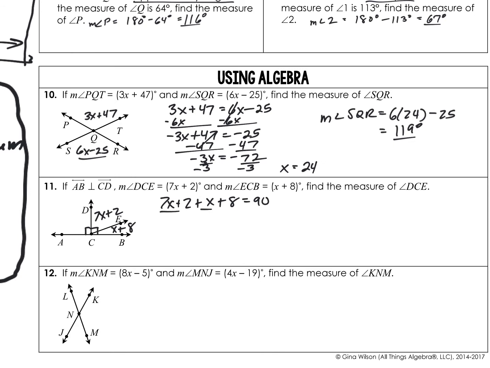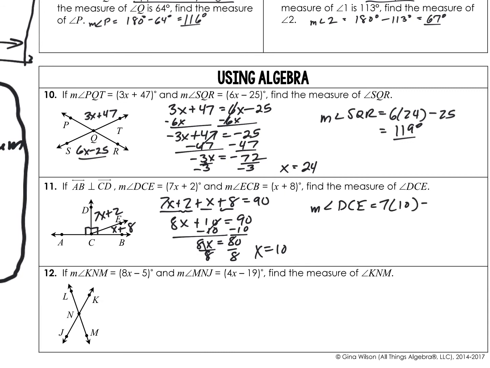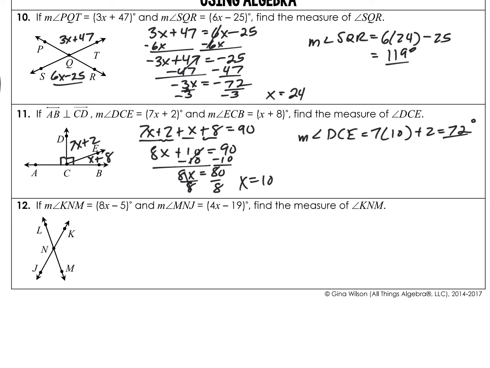So combine like terms, that's 8x plus 10 equals 90. Subtract 10. 8x equals 80, divide by 8. X equals 10. So if x equals 10, then the measure of angle DCE is equal to 7 times 10 plus 2, which is 72 degrees. Okay. Number 12,